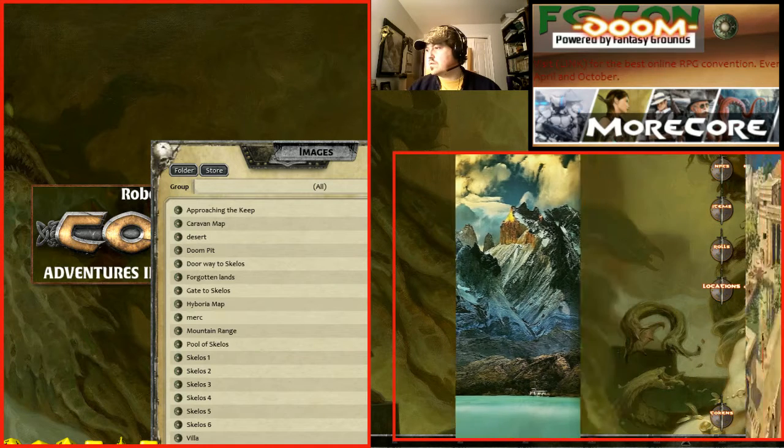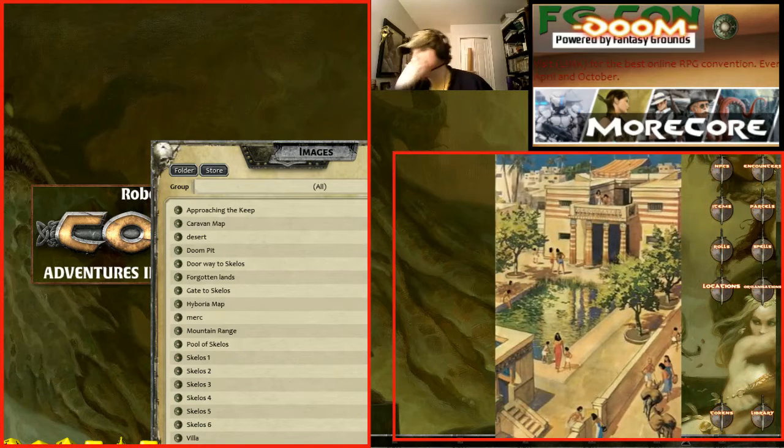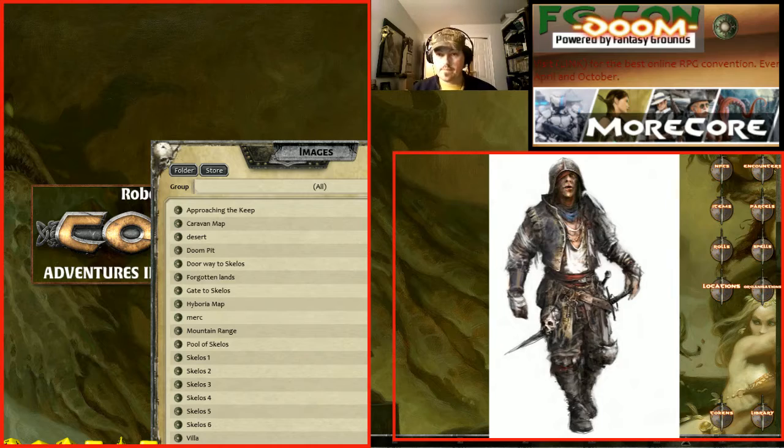There's my character. Looks like you'll need to share the caravan map again. I'm not able to pull it up, even though it's...